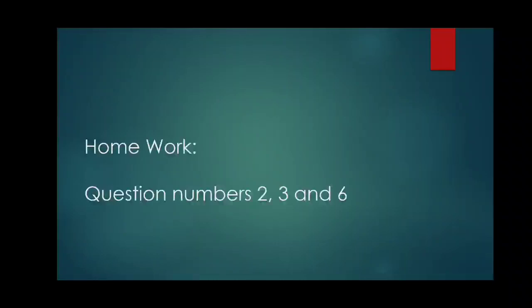So coming to your homework, main questions from exercise 3.2, question numbers 2, 3 and 6. Questions 2 and 3 are nothing but determining whether the given sets of equations are consistent or inconsistent using the ratios. That's all there is. And in the 6th question, a similar concept is applied. They give you one equation and you have to construct different kinds of equations where they can form intersecting lines, parallel lines or coinciding lines. You can do it.